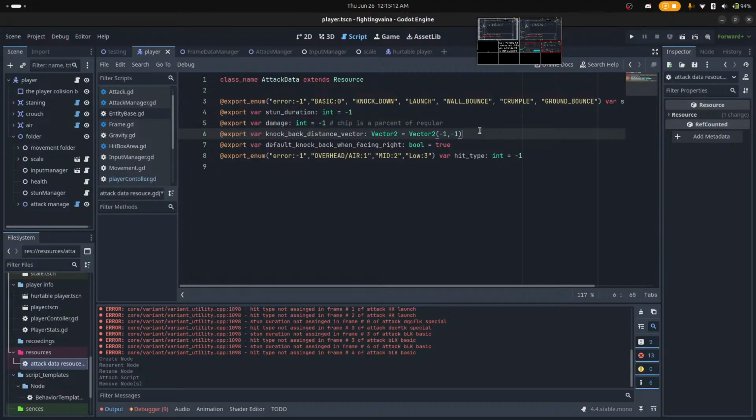Should the knockback distance vector be different? In Street Fighter, I think it's a little bit more. I definitely see it on some specific attacks where it's way more.